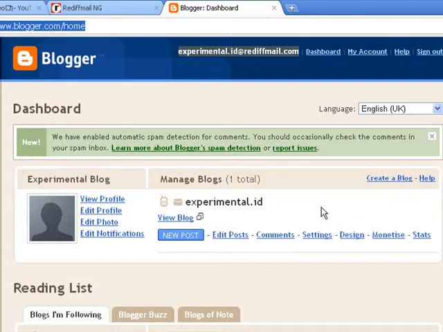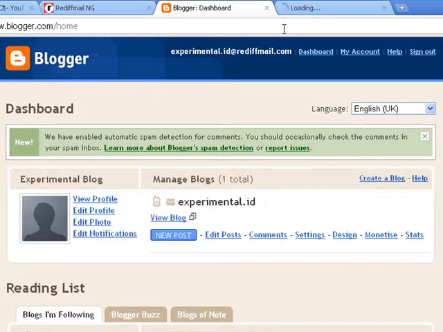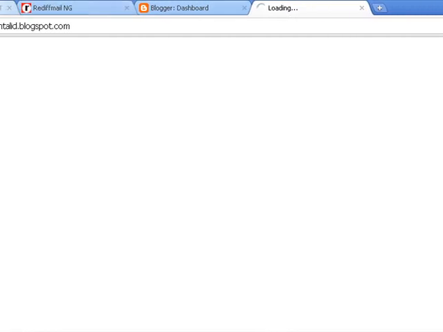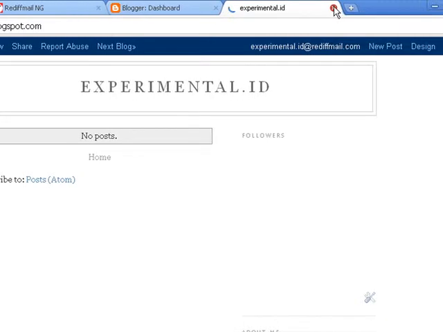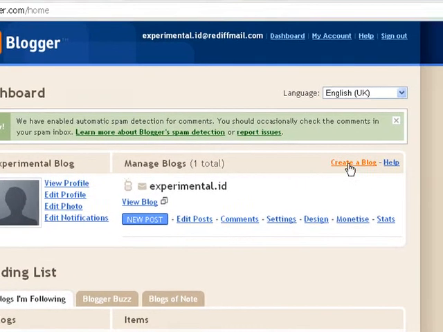And one more thing, we can create as many blogs as we want within a single blogger account. For example, manage blogs shows that we have created only one blog. And if we view the blog, it would open like this. It is experimentalid.blogspot.com. So this is one blog. Now if I want to create another blog, then I have to create another blog